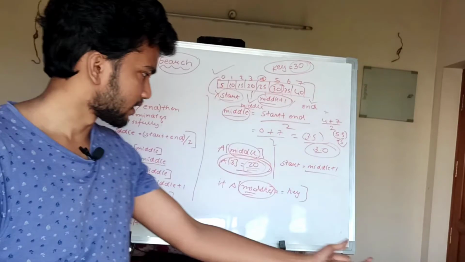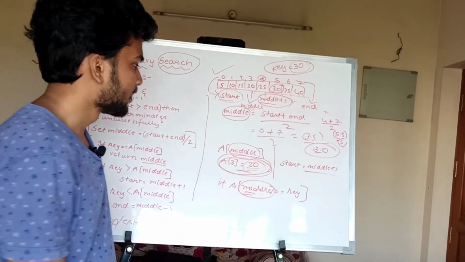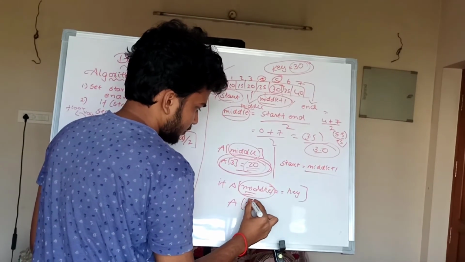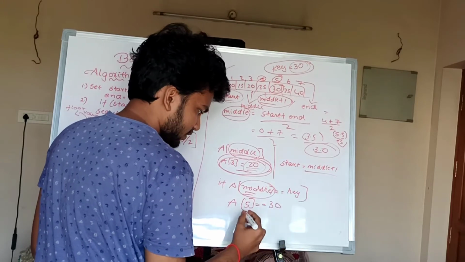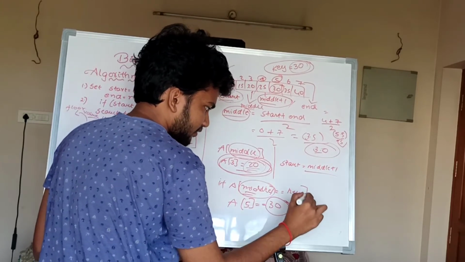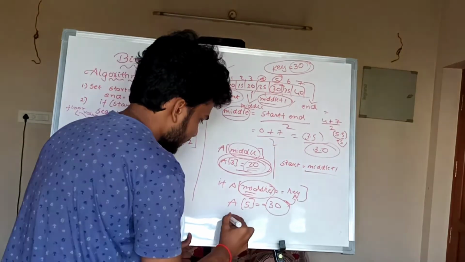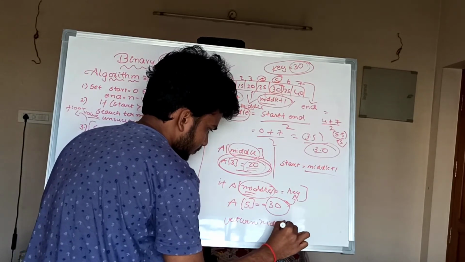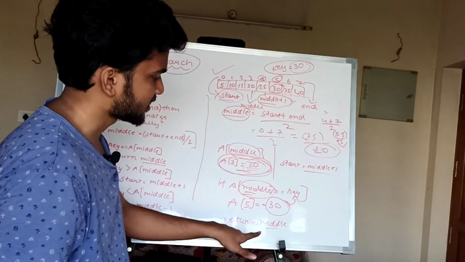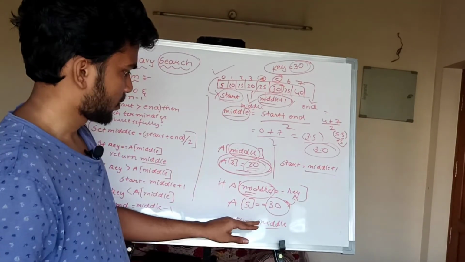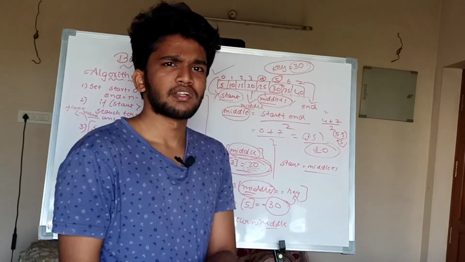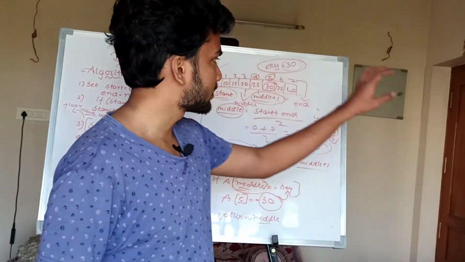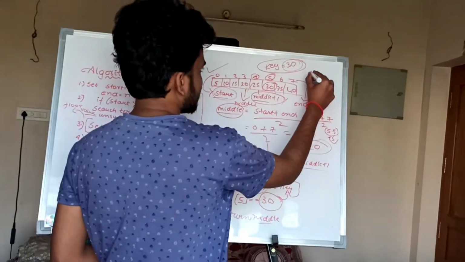Now according to this condition, a of middle, that is we got 5, the value is 30, that is a of 5 is equivalent to 30, that is the first case, and 30 is the key value. So return middle, just return the middle. Now returning this, again you can use a print statement that this is present at this particular location, that's all. Now suppose our key value is not 30, our key value is 25 itself.